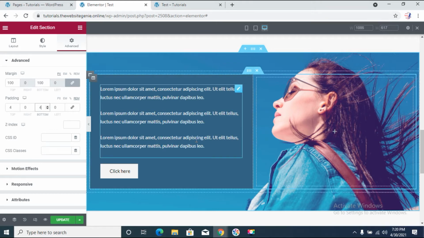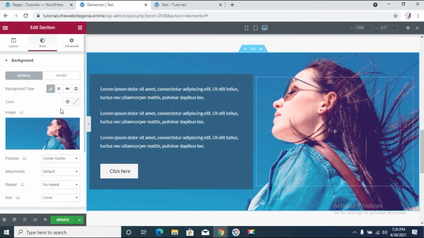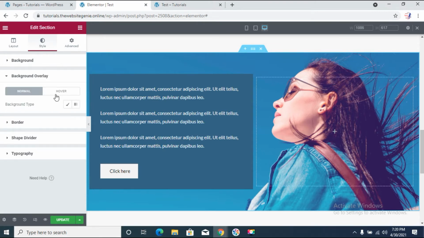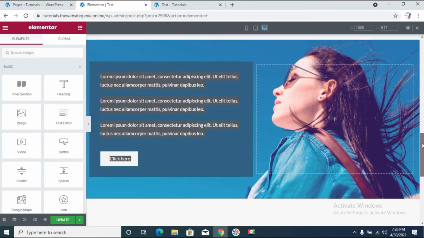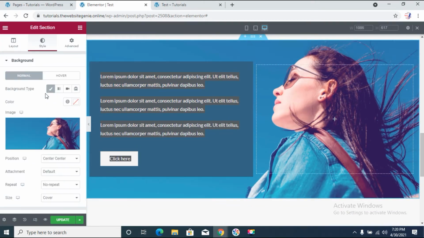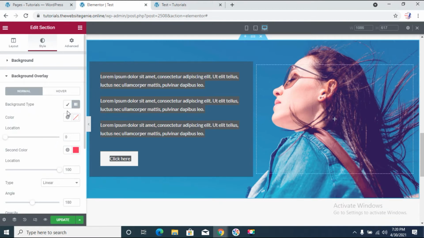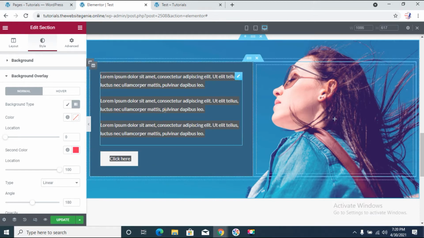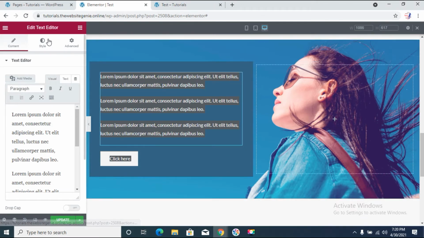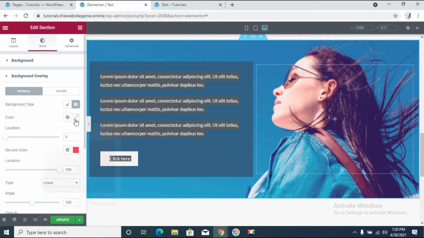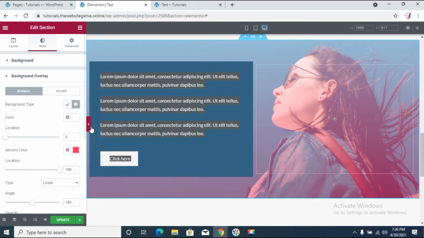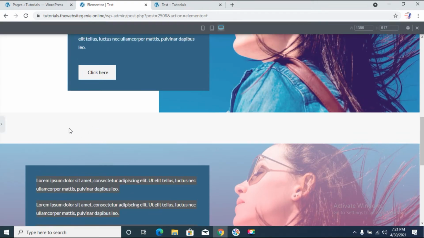So we'll add a background overlay to our image, and the background overlay will be a gradient. Once you are in the overlay section, we will add a gradient. In case of a gradient, the first color would be the same color as your background, or in our case the background is white, so we'll add the first color to be white, because as you can see, the background color is white.